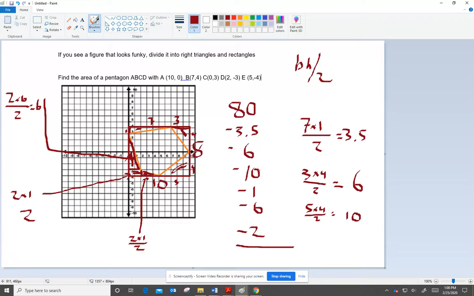Minus 10 is 60.5. Minus 1 is 59.5. Minus 6 is 53.5. Minus 2 is 51.5. So my orange area here is going to be 51.5 square units. That'll be a way that we can quickly find the area of our polygon or even our